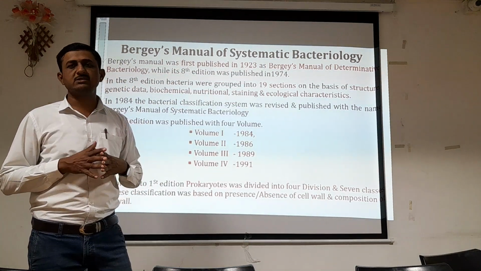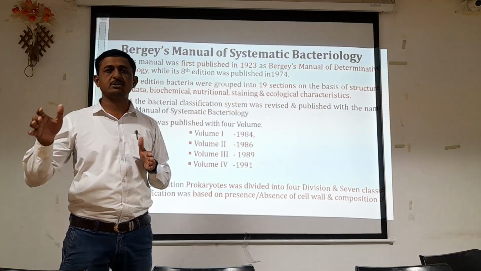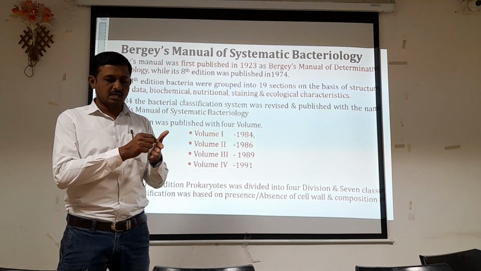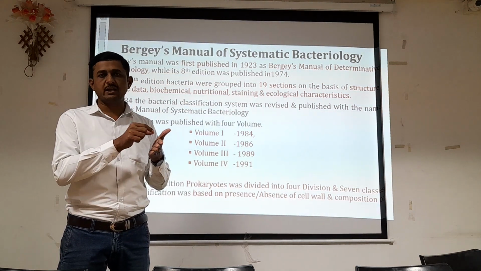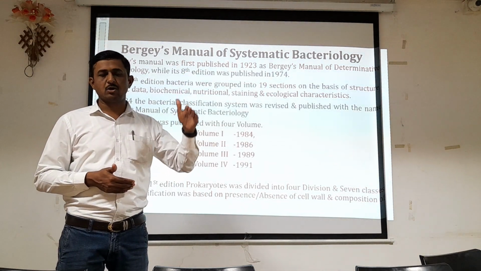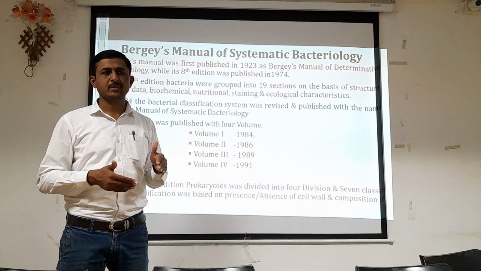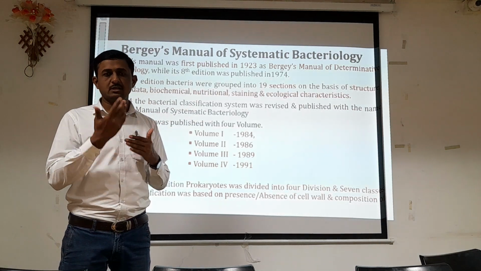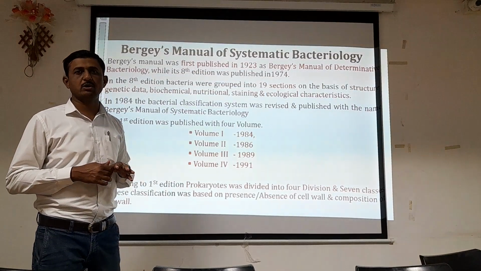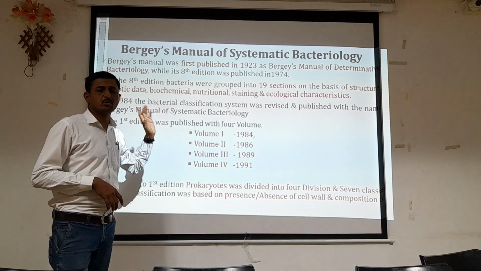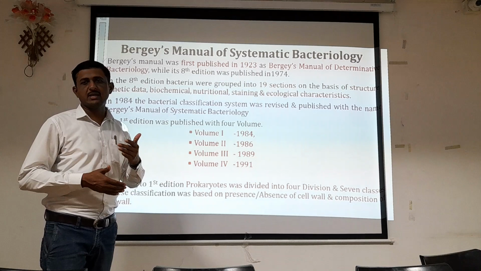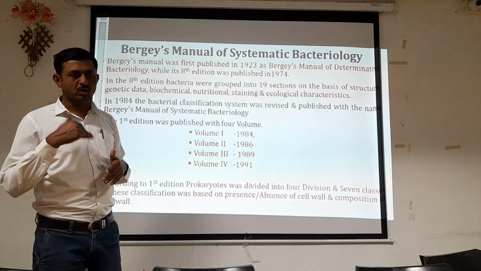Suppose we take the Bacillus genus, which has 5 or 10 or 20 different species. For each species, their similar and cumulative biochemical characteristics are given in a table format, and their positive and negative reports are written down in Bergey's Manual of Systematic Bacteriology. So by using that table, we can match our data with the reported data, and on that basis we can